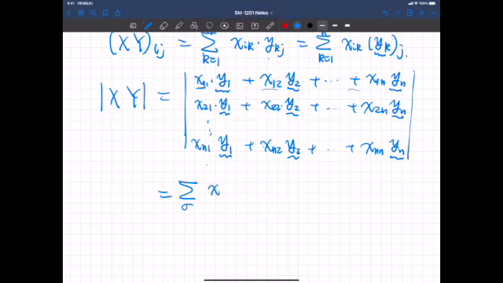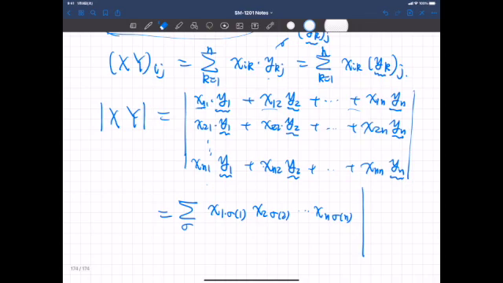We have those factors like x1 with some permutation of 1, and x2 with some permutation of 2, and xn with some permutation of n, with this matrix: y permutation of 1, y permutation of 2, and y permutation of n. Okay,